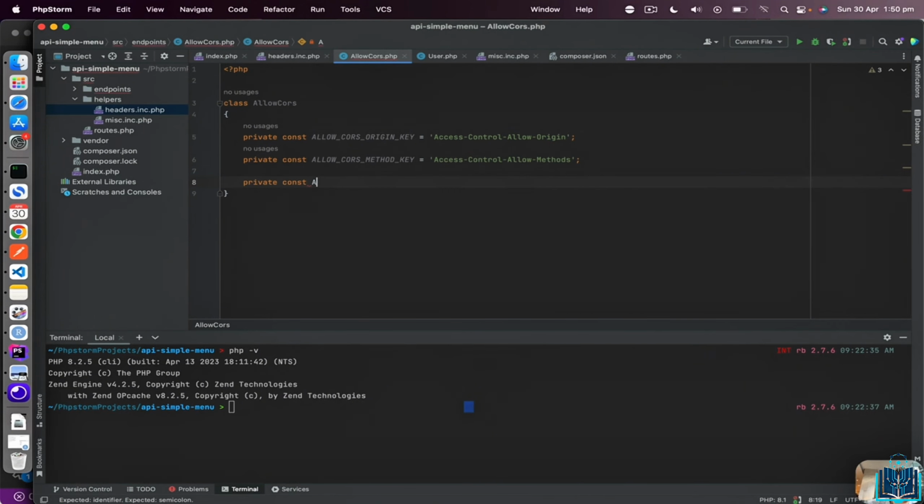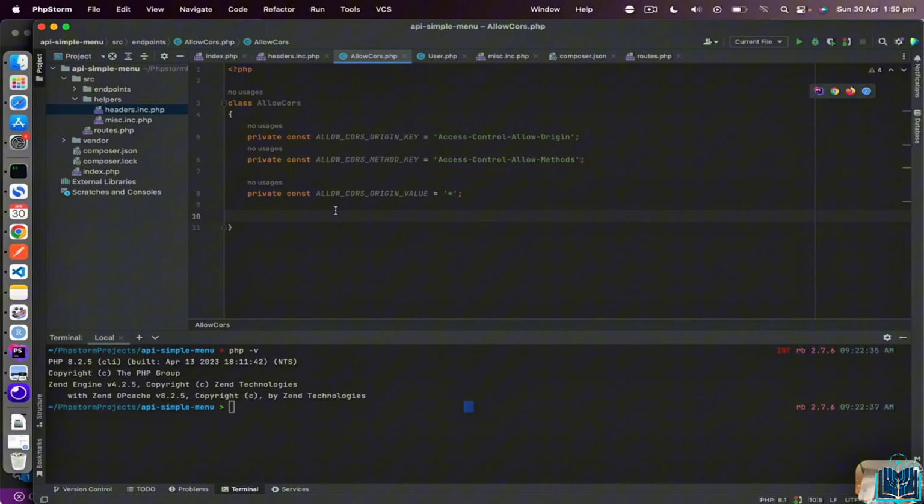So I have the allow CORS origin value and it will be asterisk, so it means it's everything. We don't want to only allow it to one specific domain. Here it's everything, and then I have an init method function,